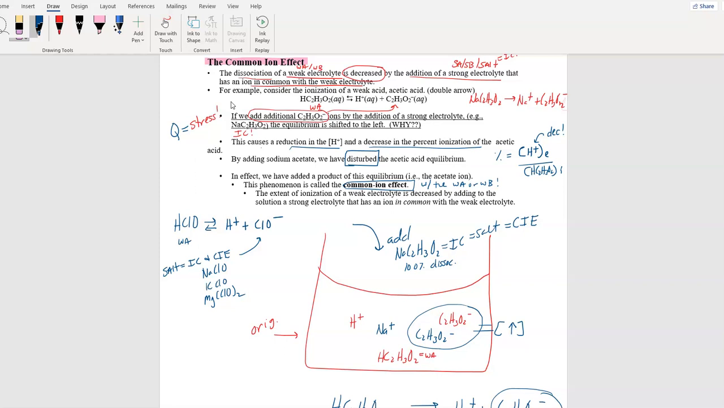So the extent of the ionization of this weak acid is decreased by adding to the solution a strong electrolyte that has an ion in common with this weak acid. That's where we're headed, ladies and gentlemen. The math is no different, except now, instead of starting with one thing that you know and no products, you're actually going to be starting with a reactant and a product. There's only one change to the